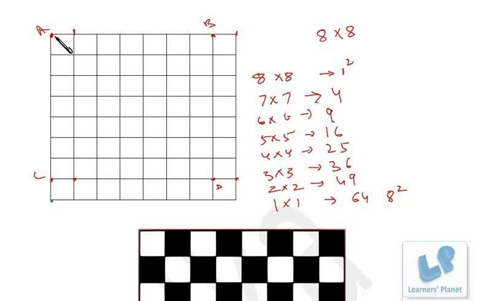Similarly, from the initial point, this is, I suppose, A dash, B dash, C dash and D dash, right? Now one movement downwards. So this and this, right? So this is the third one and further one down and one right. So this is the fourth one. Okay.